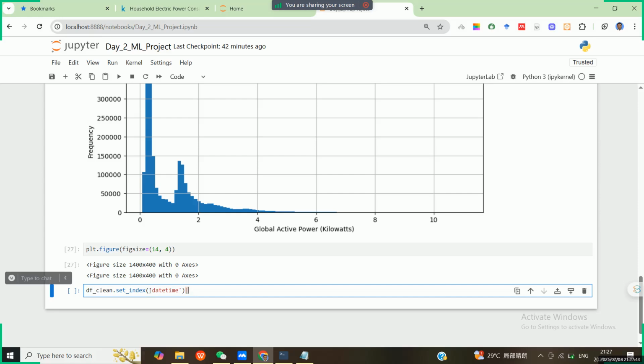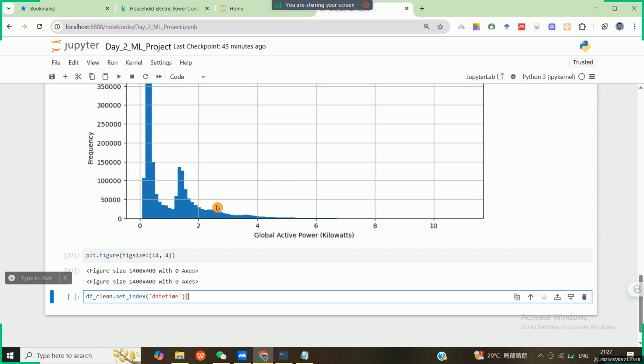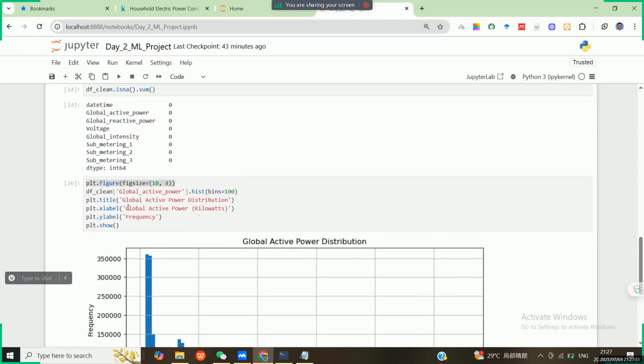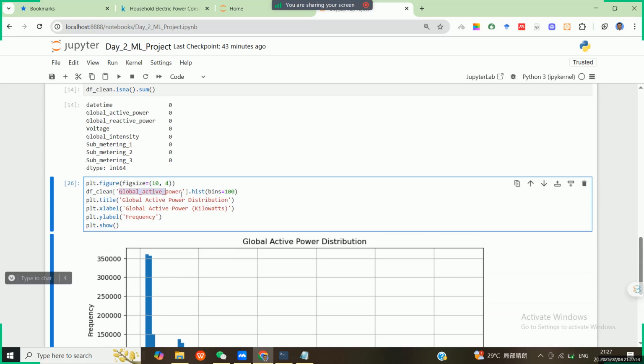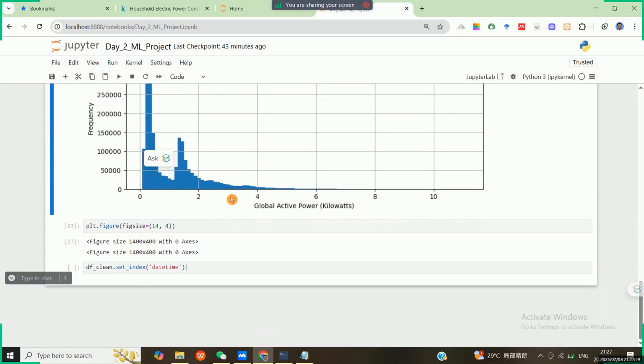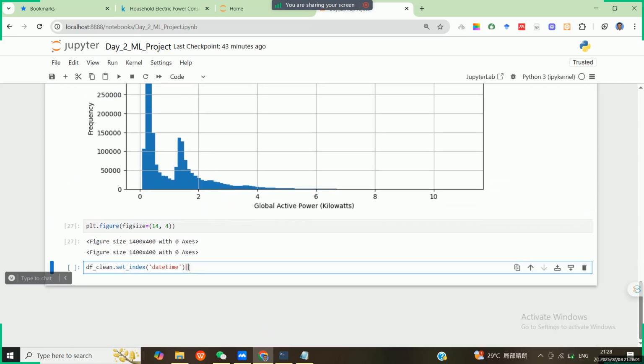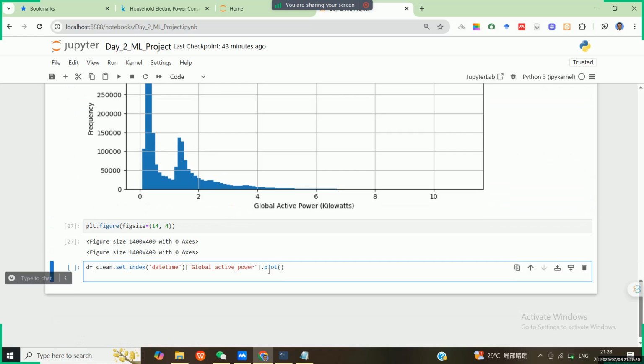And then we're going to have the global active power over time, which is the column in our data set, because that's what we're interested in. And then we're going to use the dot plot function, then we have the parentheses. If we run this,